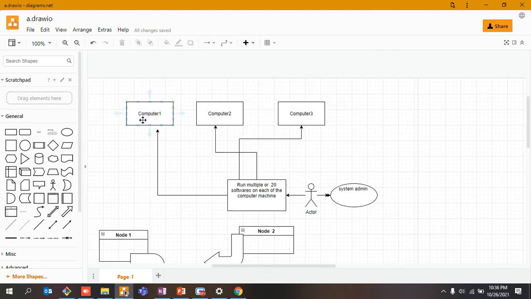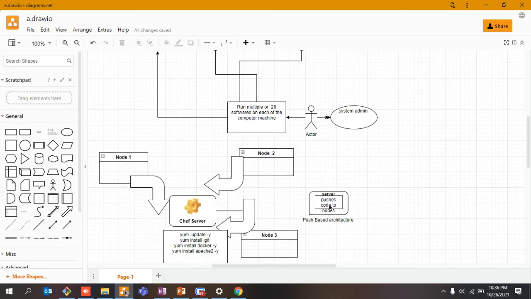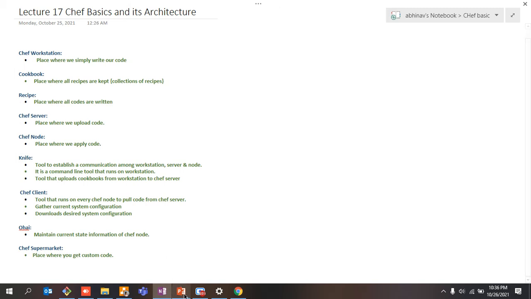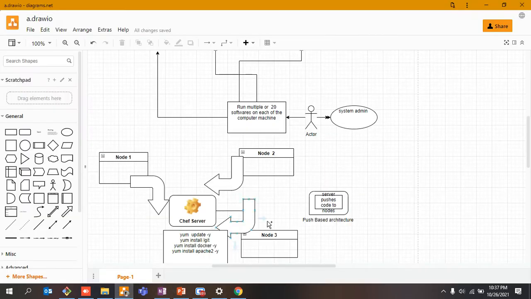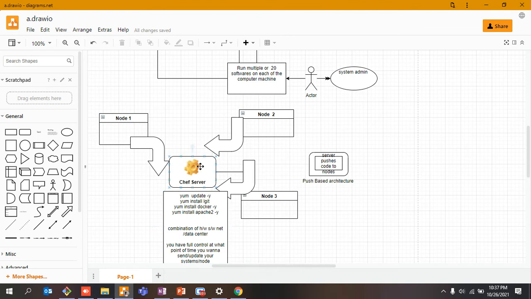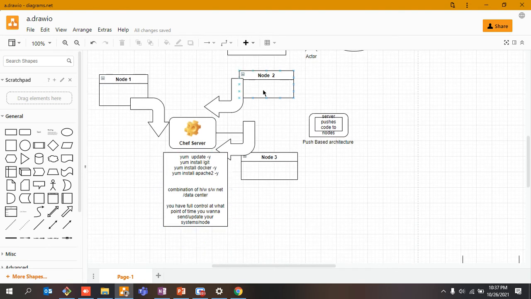So I told you what is the need of Chef, how earlier it used to work, what Chef would do now, and what was the actual definition of Chef. You were able to build your infrastructure as code by writing pieces of code. In this example, I wrote a piece of code and I'm building my infrastructure. The nodes are coming to me and simply updating themselves. With the help of this, I can do this for n number of nodes.